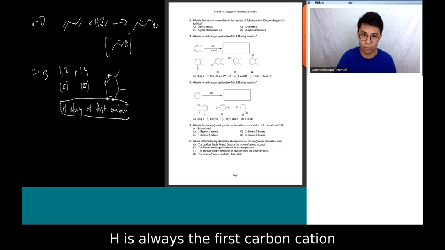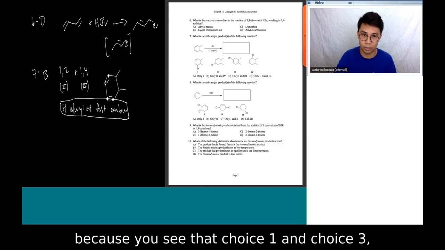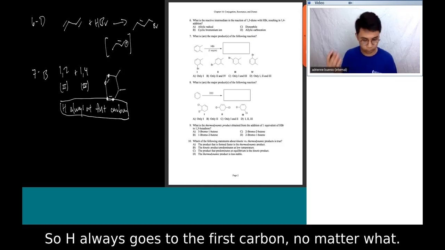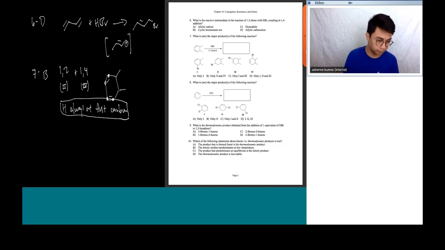H is always at the first carbon because you see at choice one and choice three, they kind of flip-flopped, right? So H always goes to the first carbon no matter what. Okay,